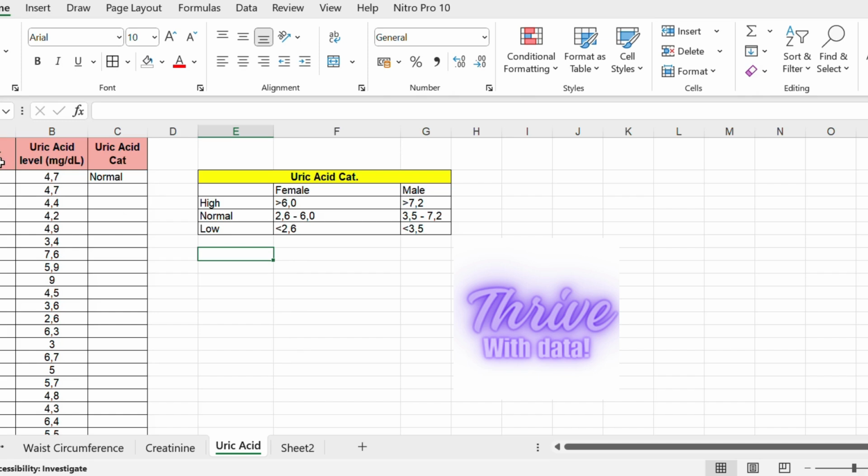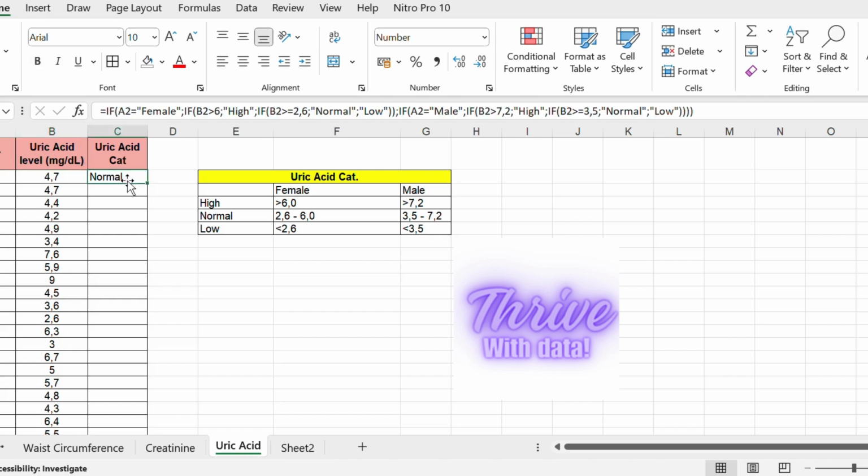In column A, we have the gender data, and in column B, we have the uric acid level. Now enter this formula in Excel to automatically categorize the results. We type equals, function IF, open parenthesis, the cell that shows gender equals "female", semicolon, function IF, open parenthesis, the cell that shows uric acid level higher than 6, and then semicolon, "high", semicolon,